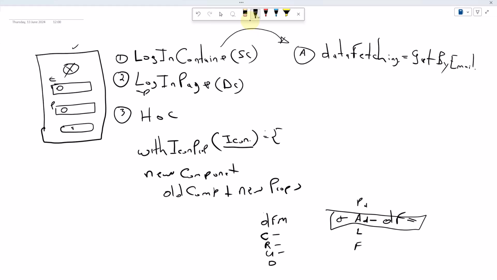Number one, let's say this high order component is "with input icon prop". That means you want to put an icon on an input. You will take your icon as it is from whatever library, you will pass it through this high order component, and then it will come out with some default settings